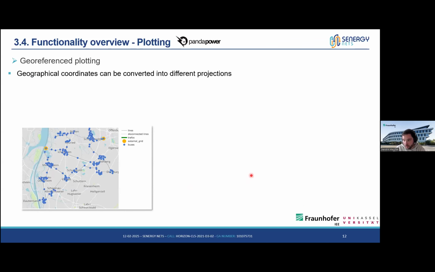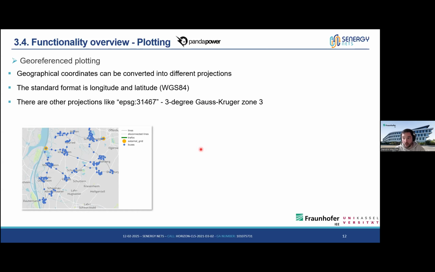And speaking of plotting, we also have geo-referenced plotting. So this is the same grid as we saw on the previous slide, our MV Oberrhein grid, now plotted with geographical coordinates with a map in the background. And this is also very nice in Pandapower, that you can just plot grids with geographical coordinates. And you can also use different projections